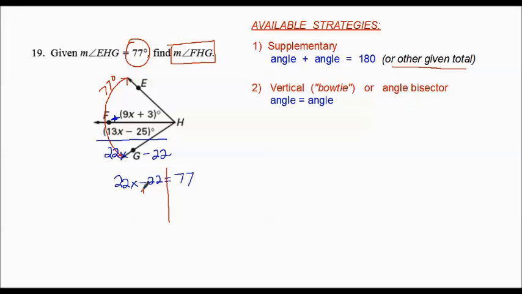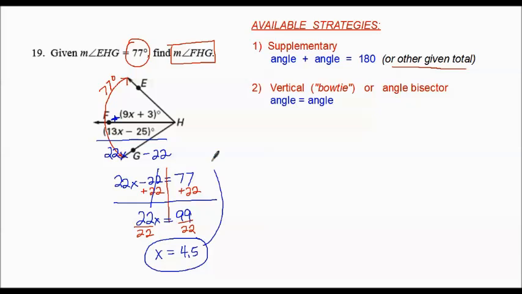Here, this negative 22, I add 22 to both sides to start leaving the x by itself. And I have 22x is equal to 99. The last step in all these is to divide by the coefficient of x. And we find that x is equal to 4.5. Keep in mind that we're now going to be using this value of x to figure out what the measure of